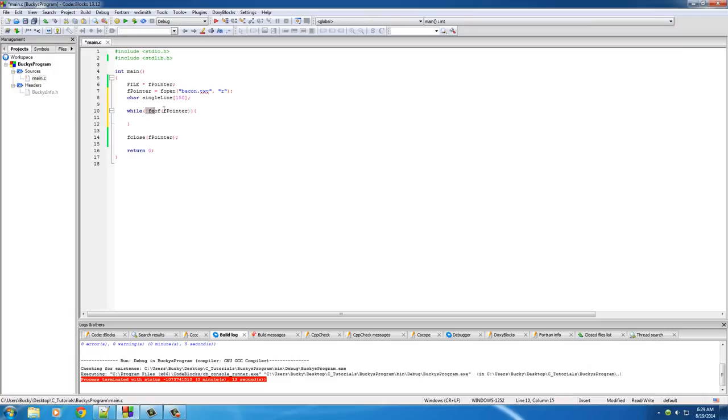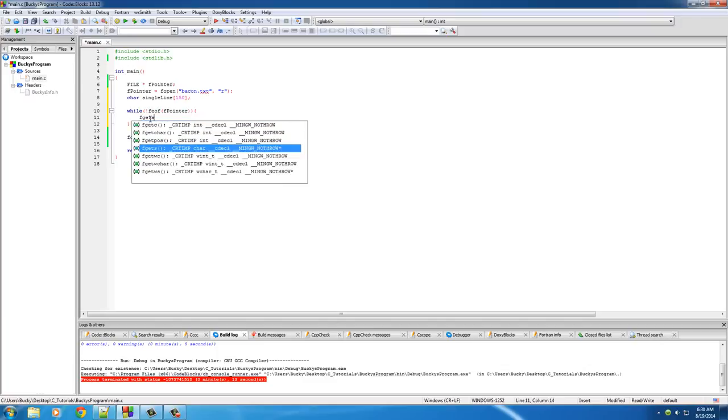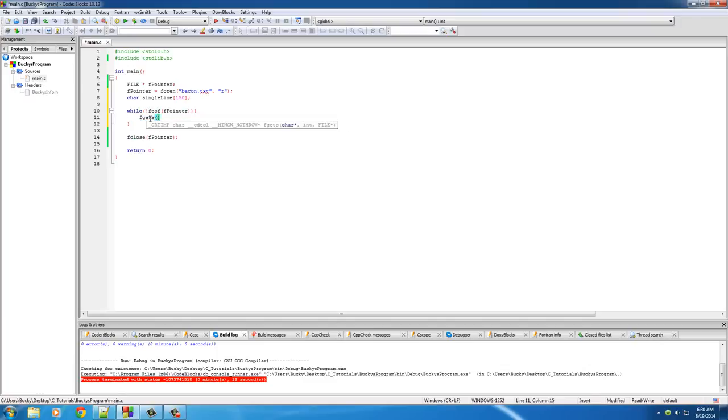And what this is going to say is keep looping until you get to the end of the file. In other words, as long as the file pointer did not reach the end of the file yet, continue to run this. Simple enough. So now the first thing that we need to do is actually say, okay, F gets one line, just like it does in the command line. So F gets single line